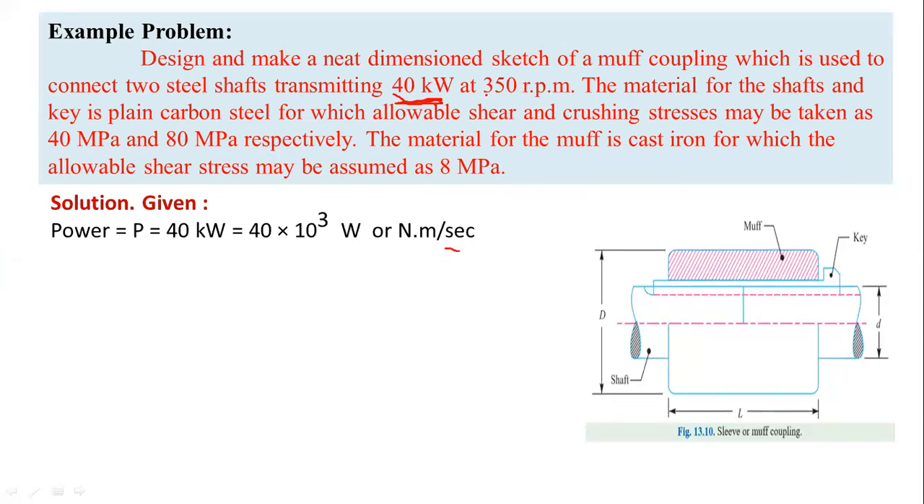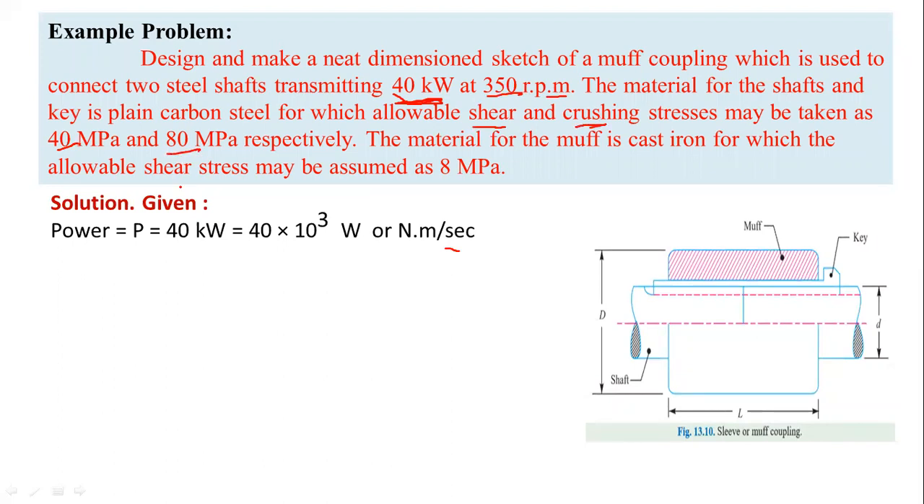The speed of the shaft is given as N equal to 350 rpm, and the material for the shaft and key is plain carbon steel. That means the material used for the shaft and key is the same, so the shear stress induced in the shaft material and key material is the same. The allowable shear stress tau for the shaft and key is 40 megapascal, and the crushing stress for the key is